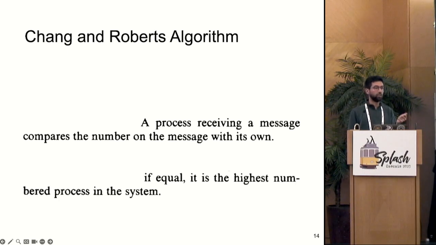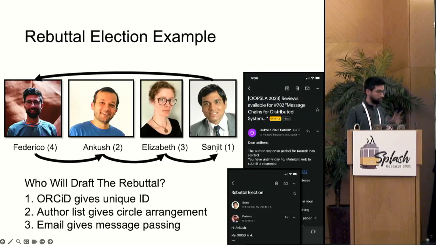And if they receive an ID that's equal to their own, then they're going to realize that they're the leader, that they should go do the thing that they want. So here's a really extremely rational instance of the Chang and Roberts algorithm that you can use for your next